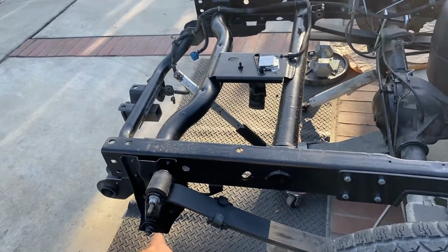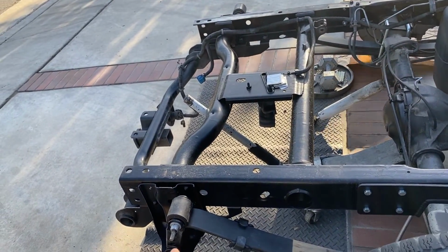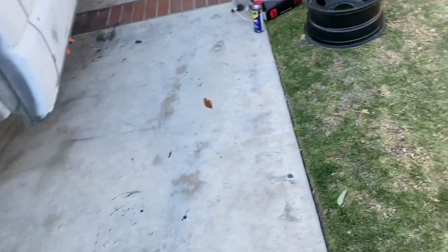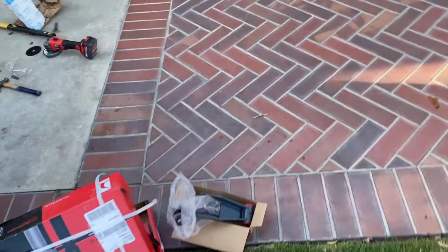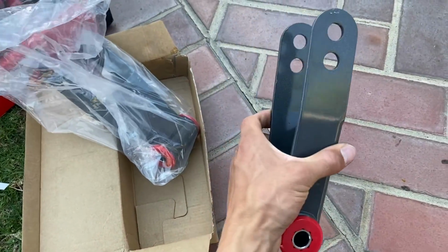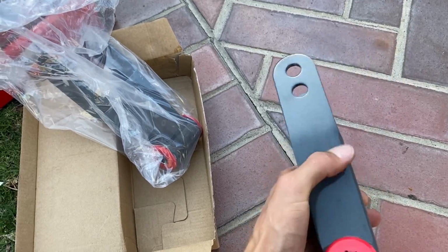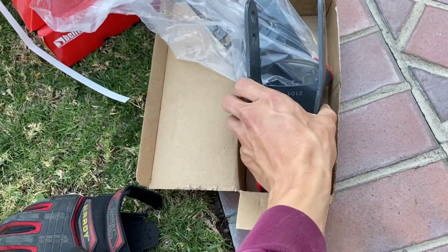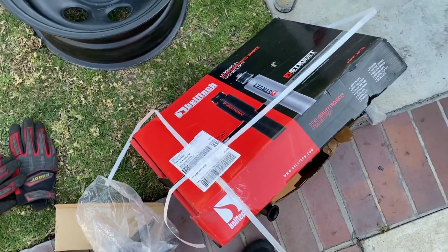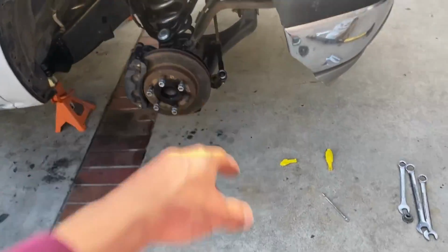Getting 7-inch shackles installed. You can do 7 or 8. These are Belltech, but they're only 8-inch. I want 7-inch. So I got these shackles that allow a 2-inch drop or 1-inch. So I'm doing 1-inch, and then got our Belltech shocks, and then also in the front